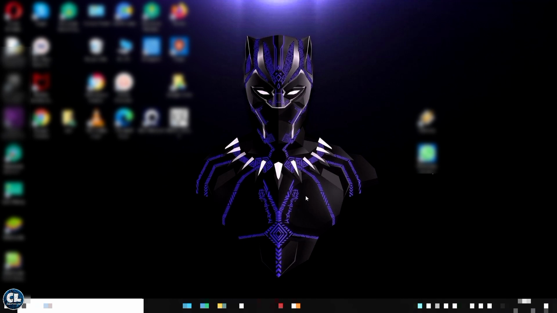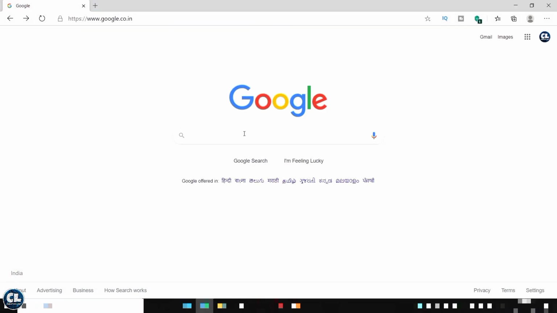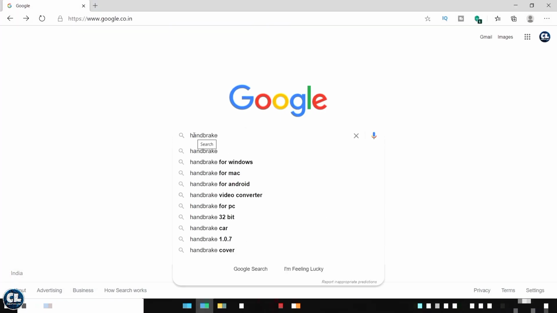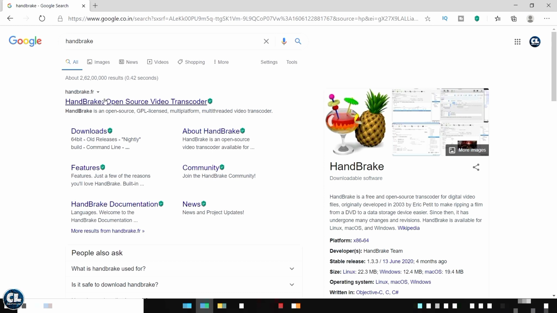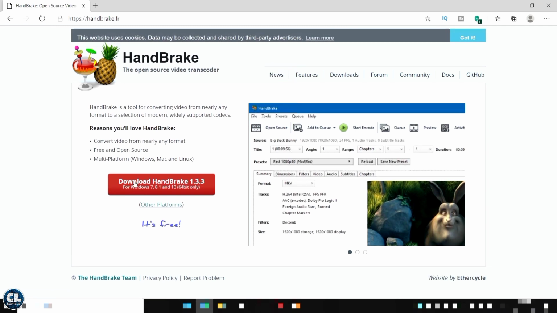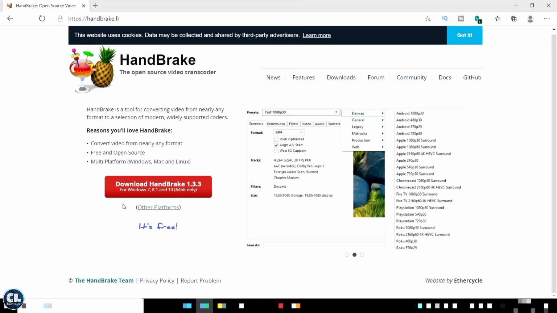Before compressing a video file, you need to download and open the software. For that, search for Handbrake and click on the first link showing on the web page, and you will be redirected to its official page.